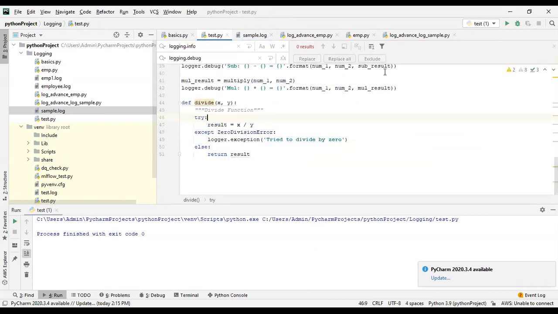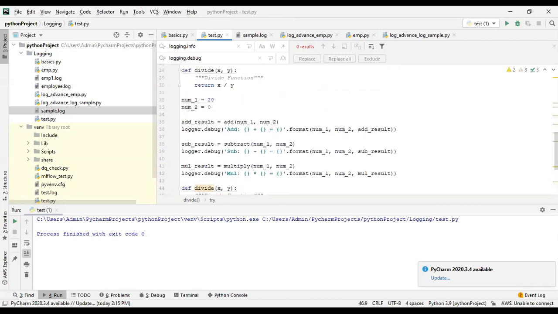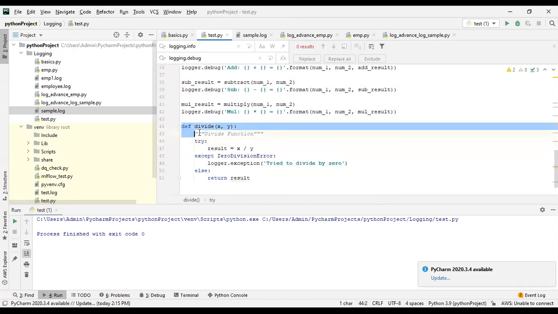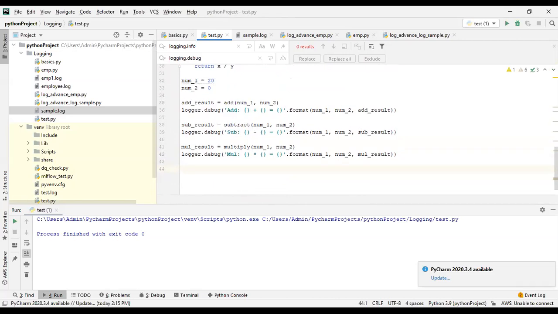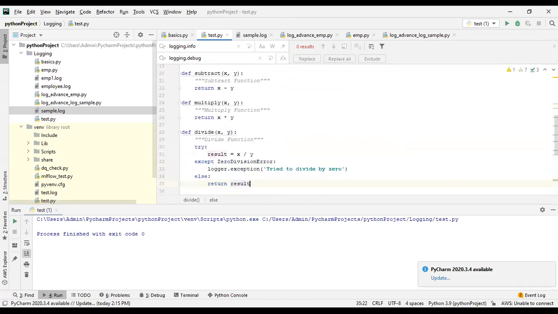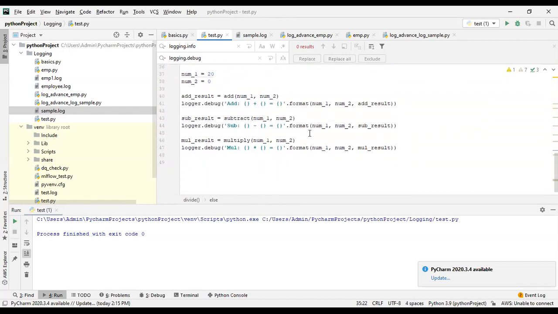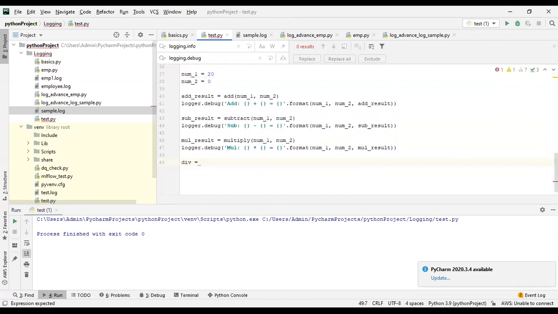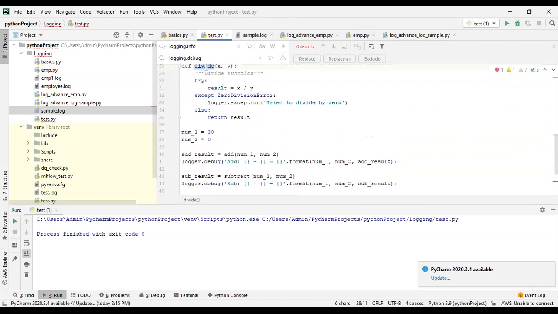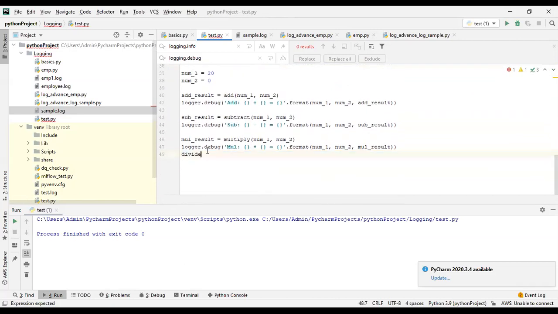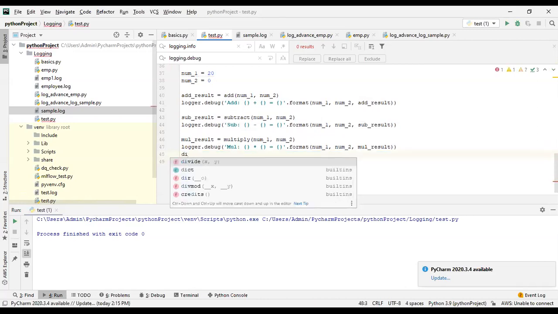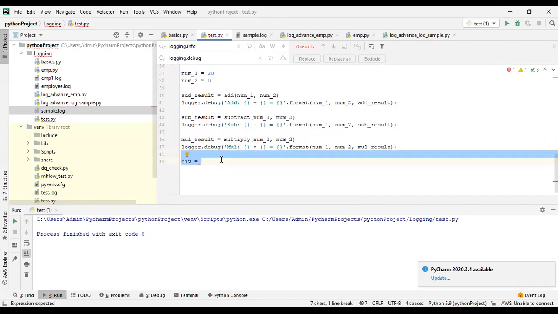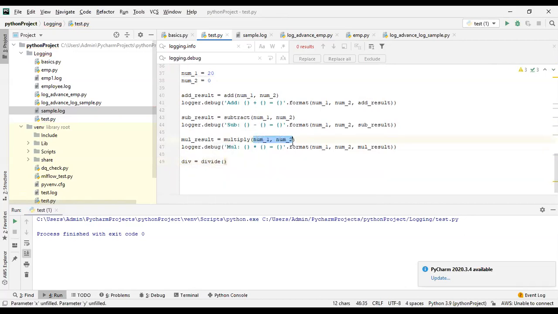What I am passing. Not here. Yeah, now if you call this division function, sorry, divide and then num1 and num2.